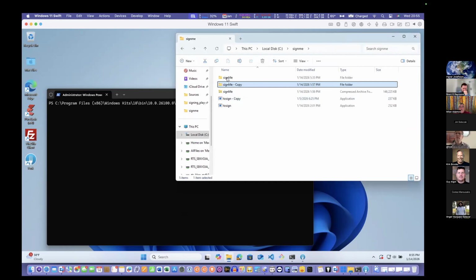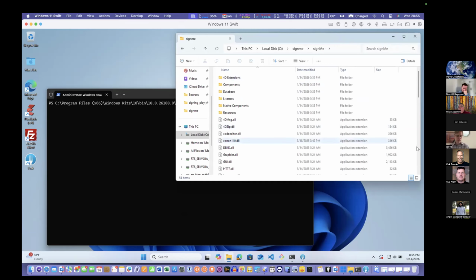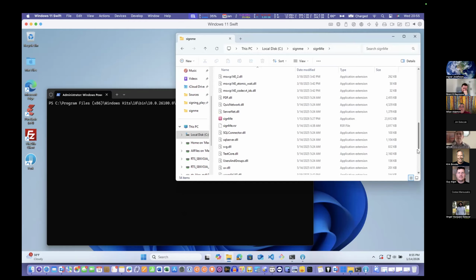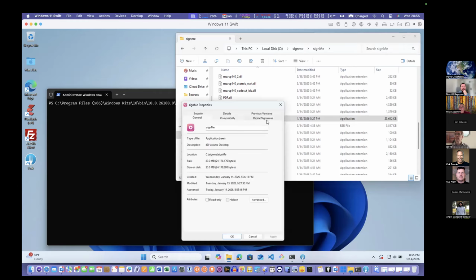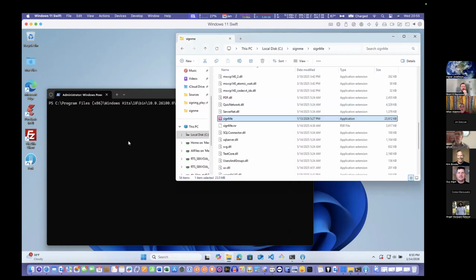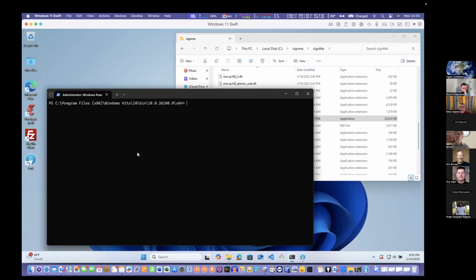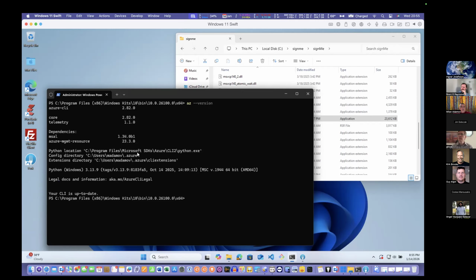I'm not sure, did I sign this previous one? If I did, I will delete it and make a copy of this and then sign for you. It's not signed. Okay. So basically, I think I'm already logged in. You can check if you have this installed by just doing this in the command line, and it will tell you which Azure client you have. So I know it's installed.